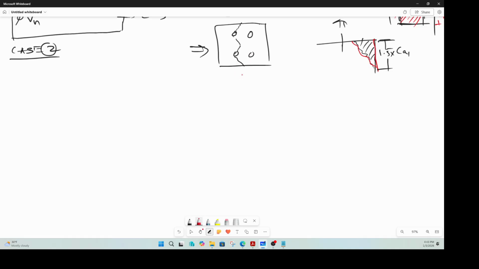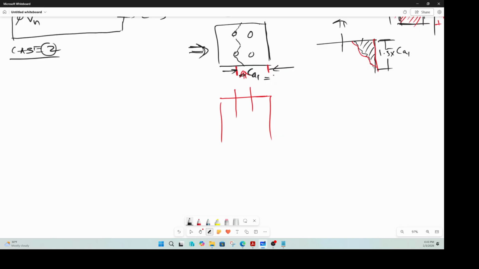Meaning, if you look at it from this view again, so this is your pedestal, one set of anchor, other set of anchor, right? In this case, CA1 is from here to here because that is the edge we are talking about. Here is the shear force, and the dimension along the shear force is CA1, which is nothing but